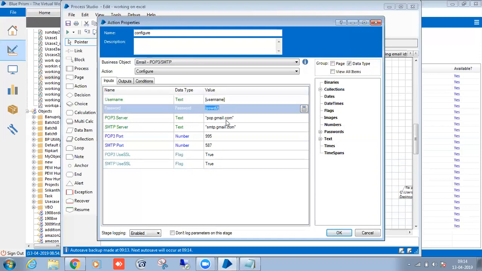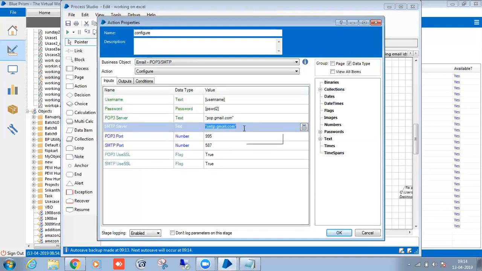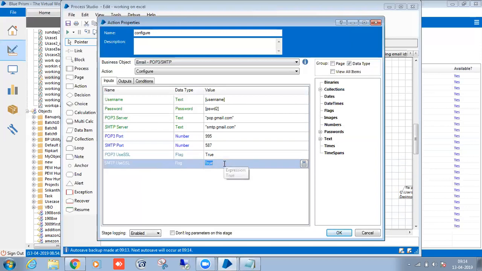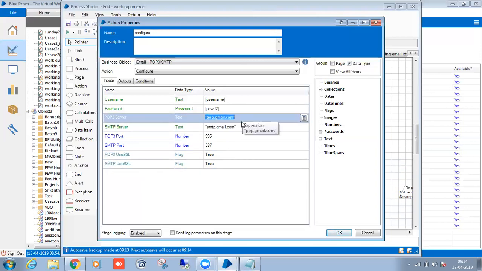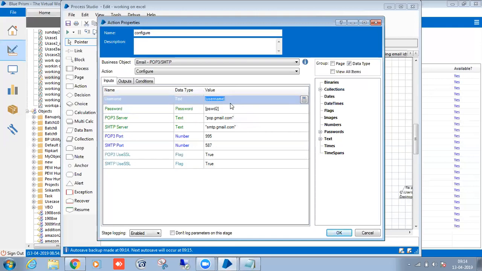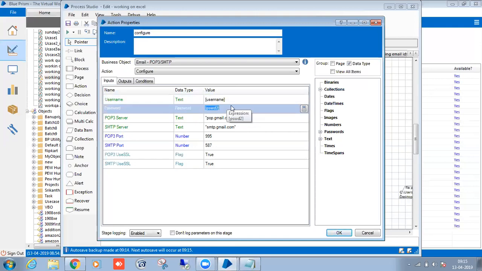Username, password, pop.gmail.com, smtp.gmail.com, POP3 port number, SMTP port number. These are the true values. In real time, the POP3 server name and all these details will be provided by the supporting team. From the client side, suppose you are using the client VM, they are going to provide all these details for us. We will take these details, create environment variables, and use them in the code. This is the username and the password. A client mail is there, so you have to use that client mail and that particular password.